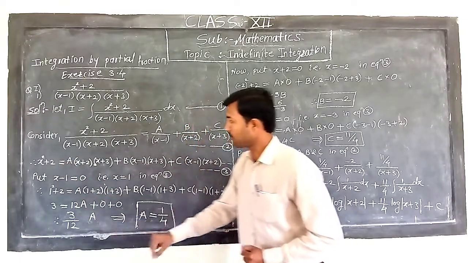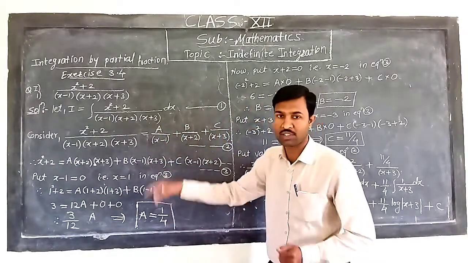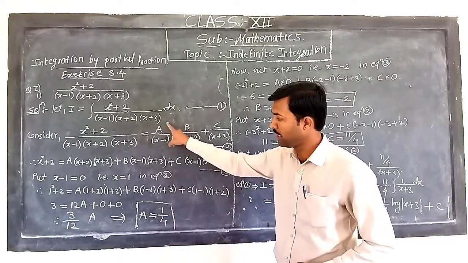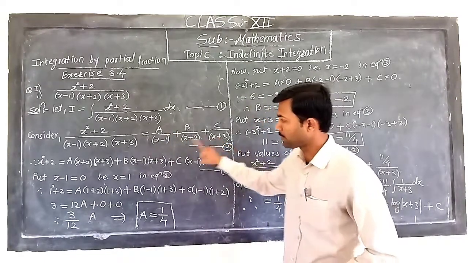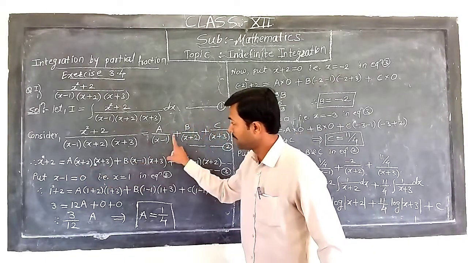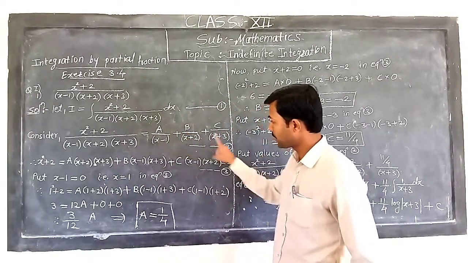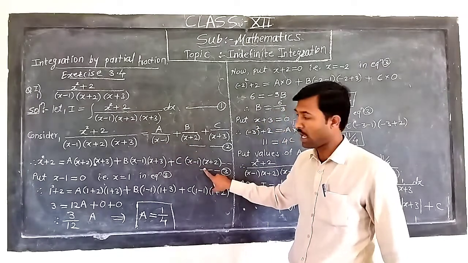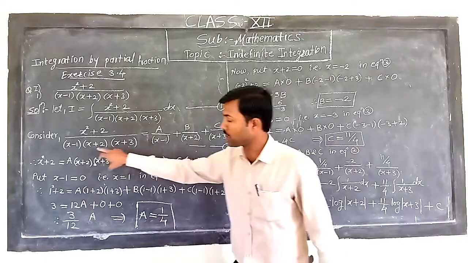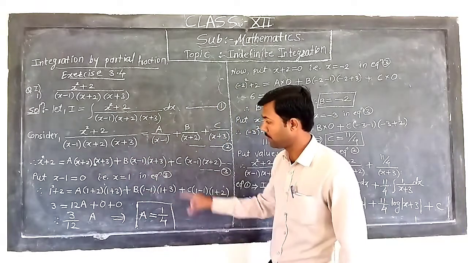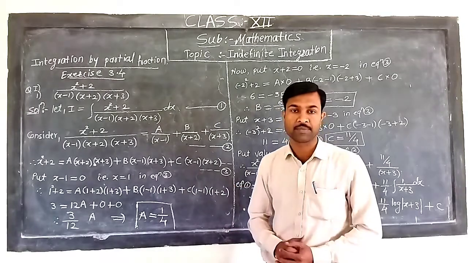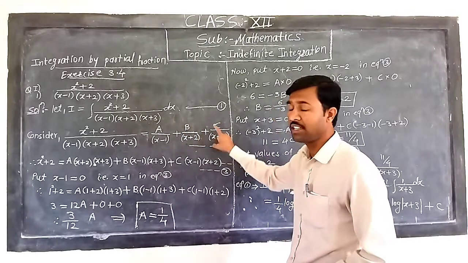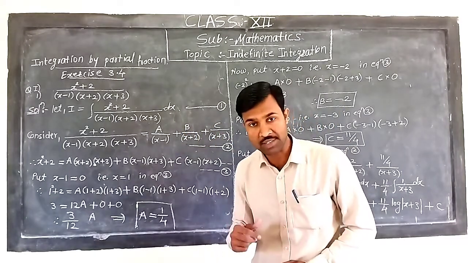x square plus 2 equals a into, I will make the cross multiplication, and if I cross multiply both sides, then it will be a into x plus 2 into x plus 3, the middle sign is plus, then b into x minus 1 into x plus 3, plus c into x minus 1 into x plus 2, and the product of the denominator, which equals this term, will get cancelled. So the remaining term is this, and this is our equation number 3. Now here I have taken 3 new constants. They are a, b and c. So firstly we have to find out their proper values.